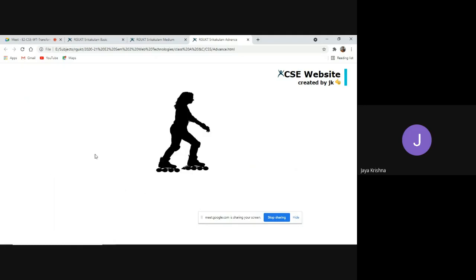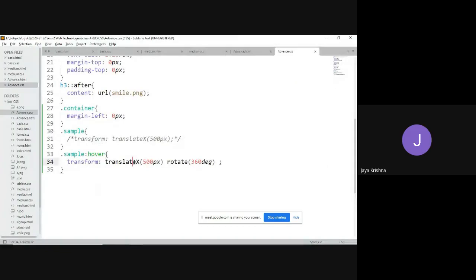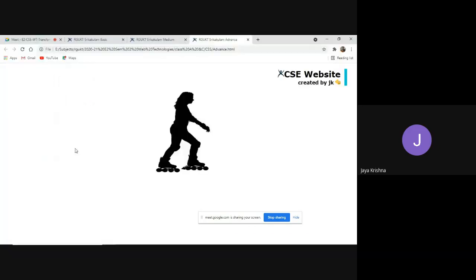But actually it has performed the rotation operation; you just can't observe it with the transform property. So if you want to visualize the transformation, whether it is rotating or moving, then we go for the transitions property. That we will see in the next class. Okay, fine. I hope you understood this class clearly. Thank you.